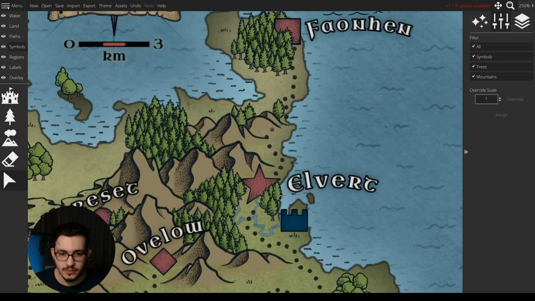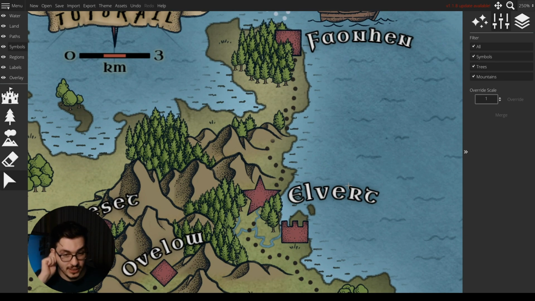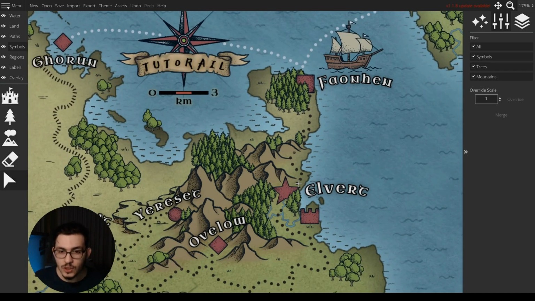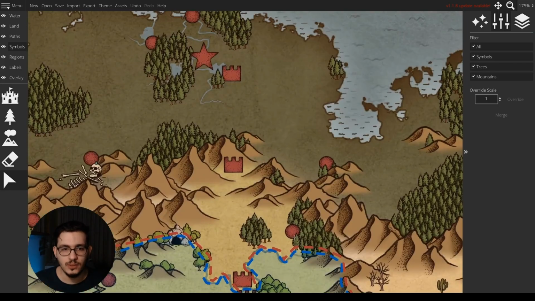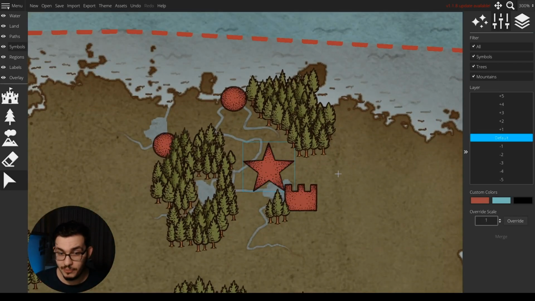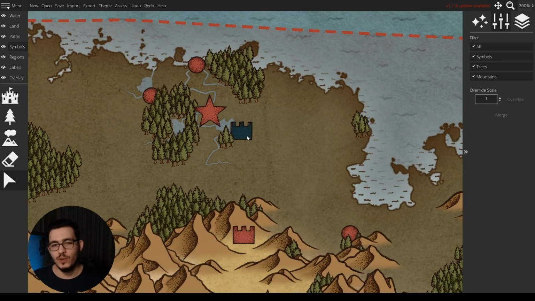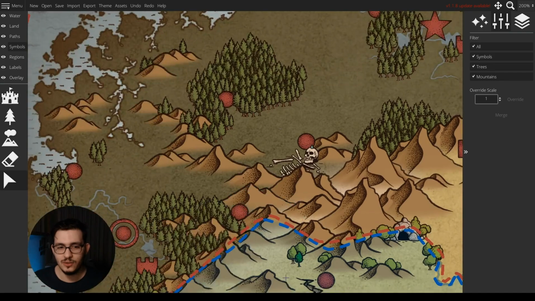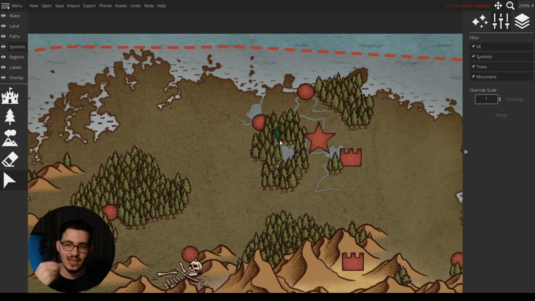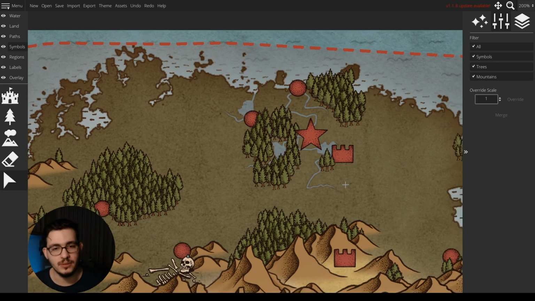I'm adding this one here because it's closer. I have this capital here, and I didn't want to change it. This one, for example, I have because it is surrounded by the river, natural protection against invasion, and it would be easier to come around this way with the army. But in that direction and nearby, I also have a fort. So if you don't want to go through this, you would probably need to sneak up somewhere around and come all the way up here. It's really nicely covered and protected, assuming these kingdoms have smart people to rule.